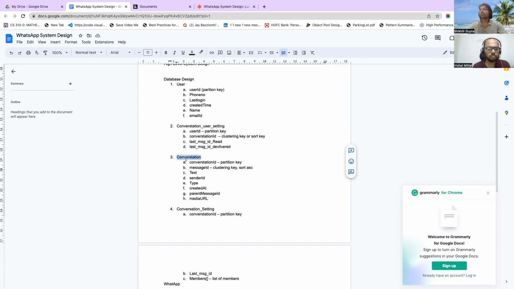Also, we can model our time series for the conversation in both of those databases. How you model it matters, not just the database while you're designing. But that modeling has to be supported by the database. Time series modeling can only be supported on NoSQL databases, not easily on SQL databases, because